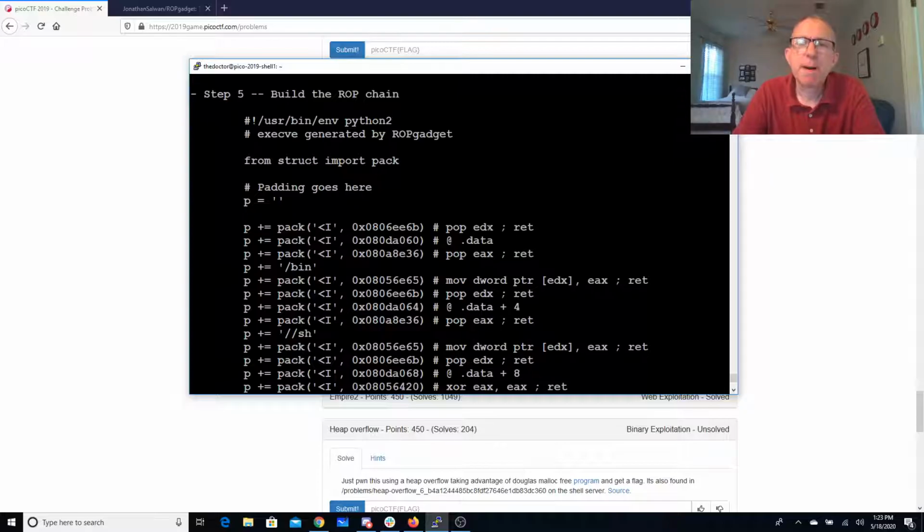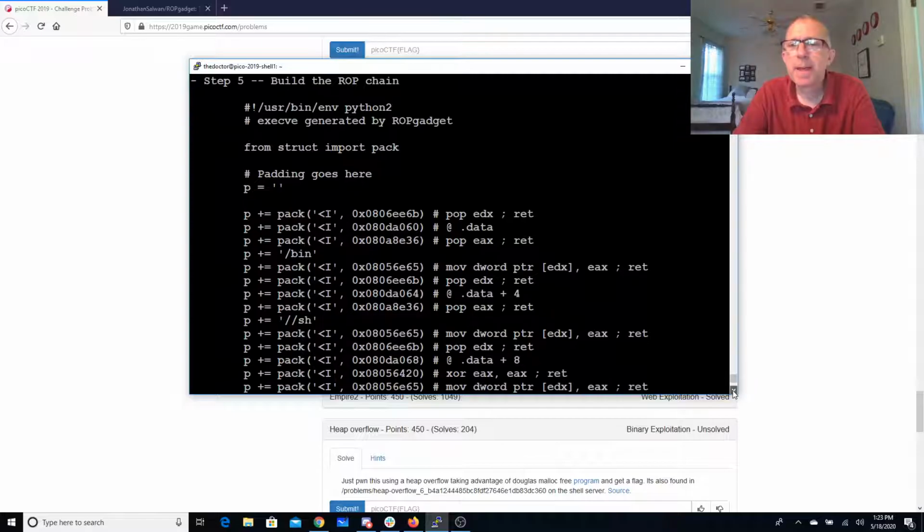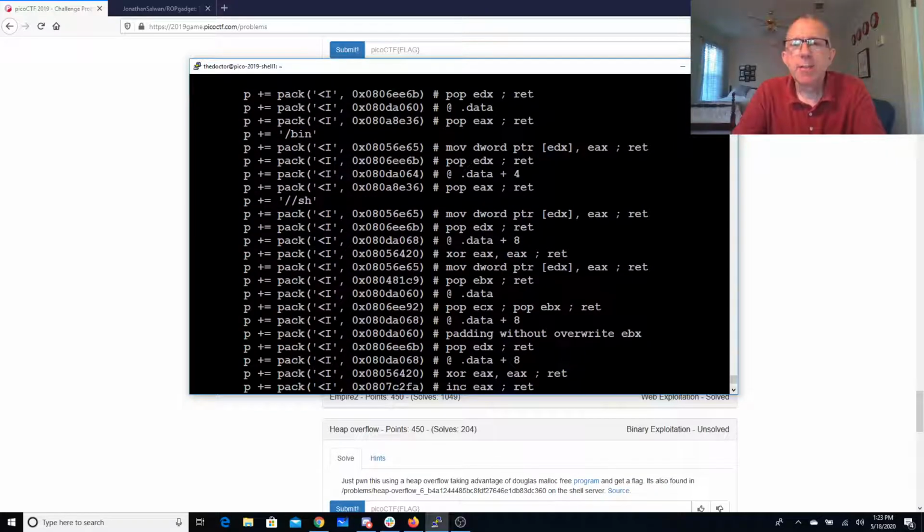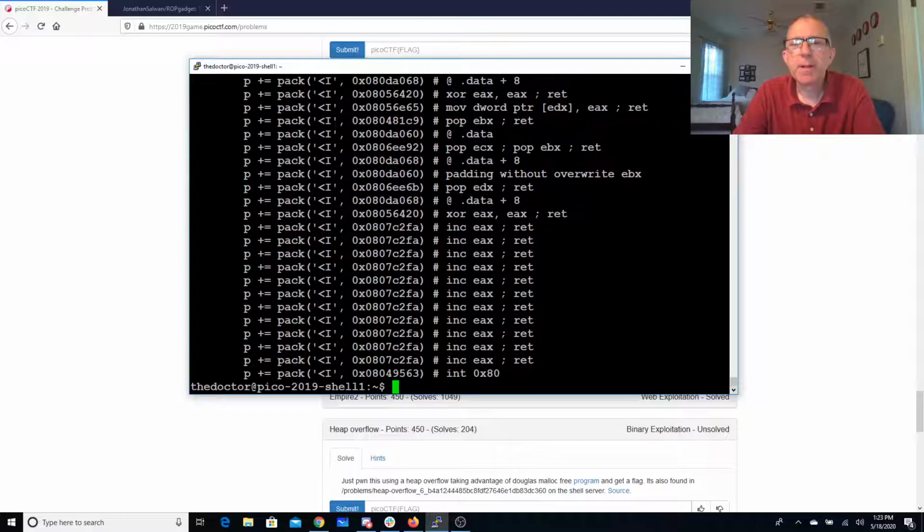So it'll pop this data into EDX. So it's like the beginning of the data section. It's writing bin there. It's writing sh to the data section +4. It zeroes out EAX. It writes EAX to EDX. It's then building up the value of EAX. It zeroes it out, adds 1 to it, so it can call int 0x80 to basically do the execl with